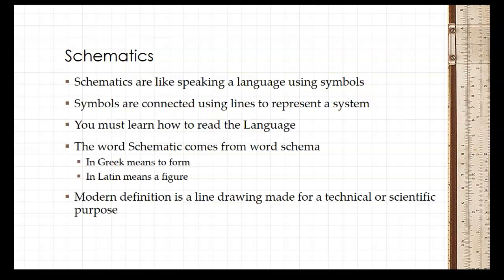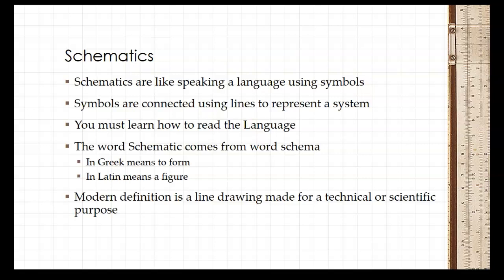I'm not talking English, I'm talking if you are in electronics. You have to be able to speak the electronic language, know what symbols mean what. If I'm in electrical, I have to know the electrical language. But that doesn't mean I have to know plumbing and drywall and framing and everybody else. Symbols are connected using lines to represent a system. We're learning how to read the language because we've had to come up with our own language